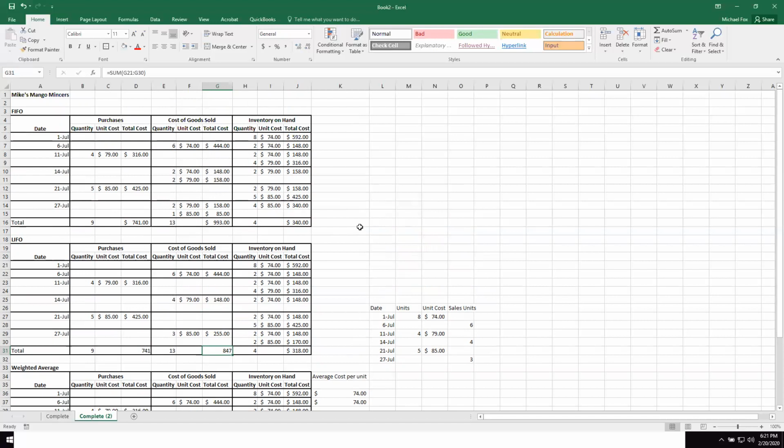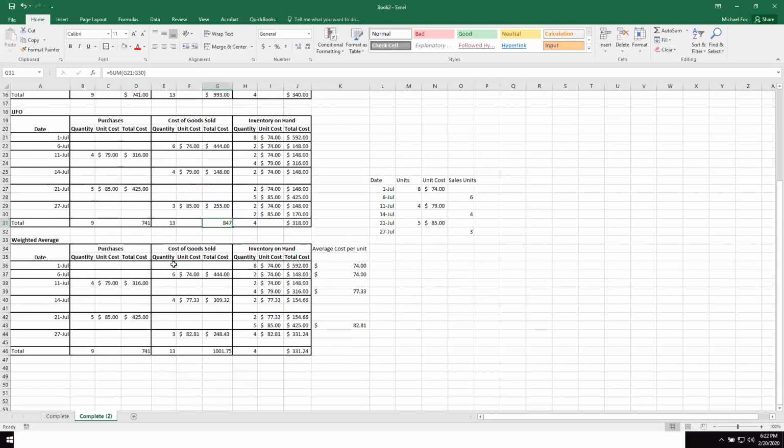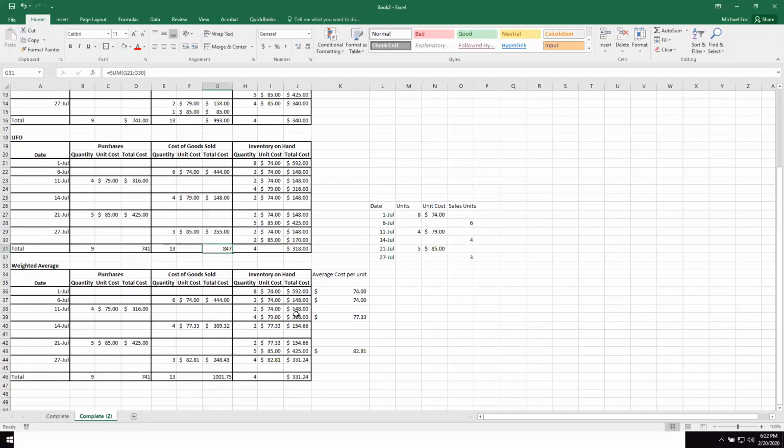I was just trying to show the idea is if you're a business owner, a lot of people like first in, first out because it often mirrors how you sell your product. You tend to sell, especially grocery stores or anybody with perishable goods. Some businesses like last in, first out, and then the weighted average is considered by many to be a more conservative measure because it's sort of in the middle. And since if you really don't know which units you're selling,